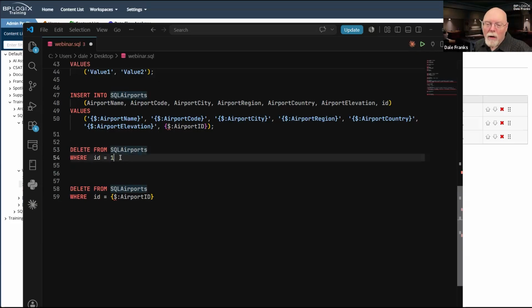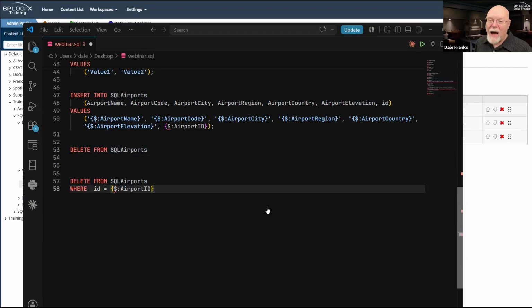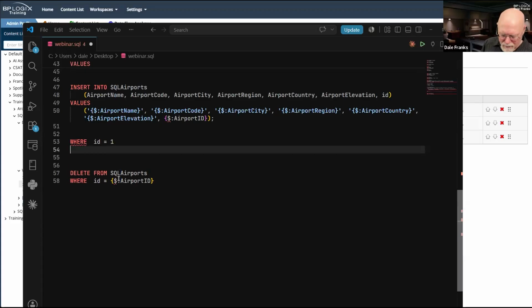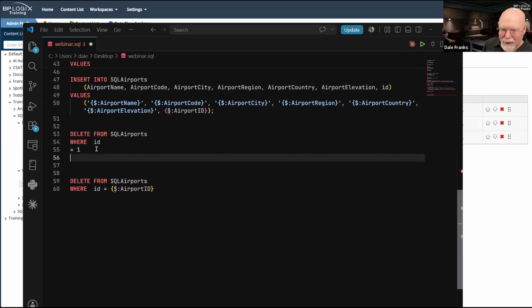Again, the where clause is super important because that is a valid SQL statement too. Delete from SQL airports. It will delete everything from SQL airports because without that, well, I didn't want to get rid of it. I wanted to go to the next line.